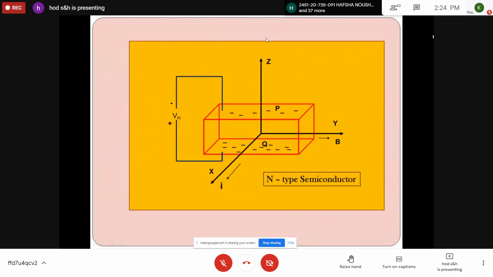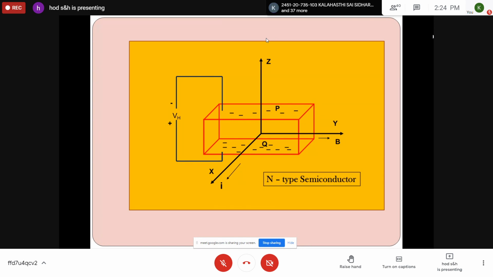So to explain this, let us consider an N-type semiconductor as shown in the figure. The current flows from left to right, that is along the positive x direction. Some current is already flowing through the material. So conventionally the electrons will be moving in the negative x direction. Now you apply a magnetic field along a perpendicular direction, along the z axis, whatever direction you are taking. Here the x-axis is taken in this direction. You should be very careful.